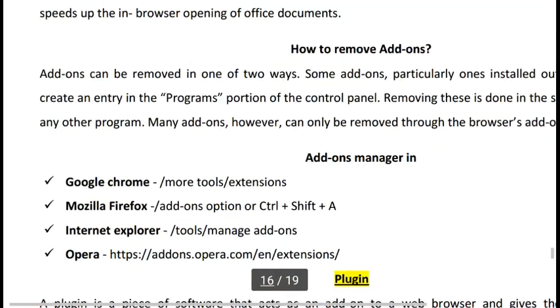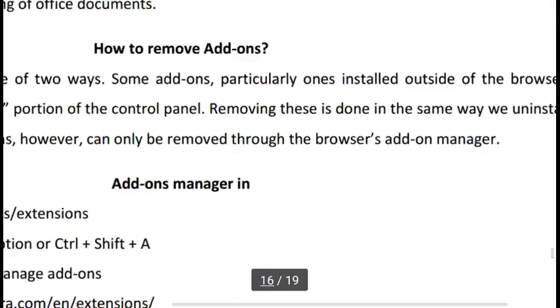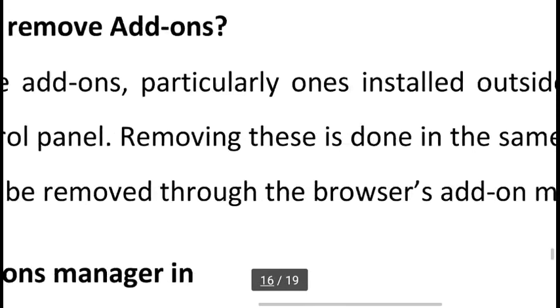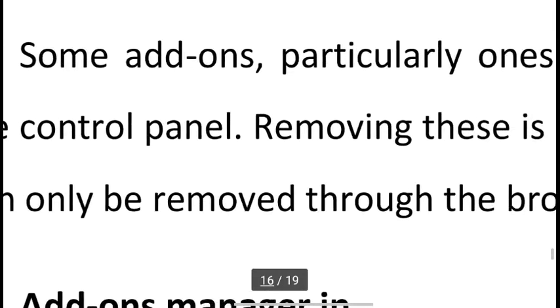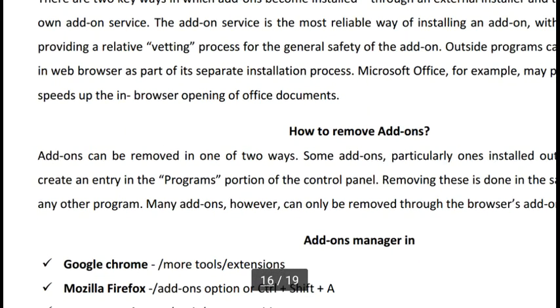How to remove add-ons? Add-ons can be removed in one of two ways. Some add-ons, particularly ones installed outside of the web browser, create an entry in the programs portion of the control panel. Removing this is done in the same way as uninstalling any other program. Many add-ons, however, can be removed through the browser's add-ons manager. So we have two options. We can use the control panel of our computer and directly uninstall the add-on because this is an external add-on. But if it is an internal add-on of the web browser, we can open the web browser's add-ons manager and